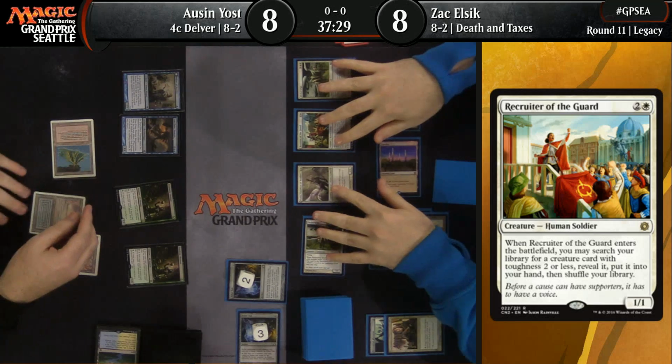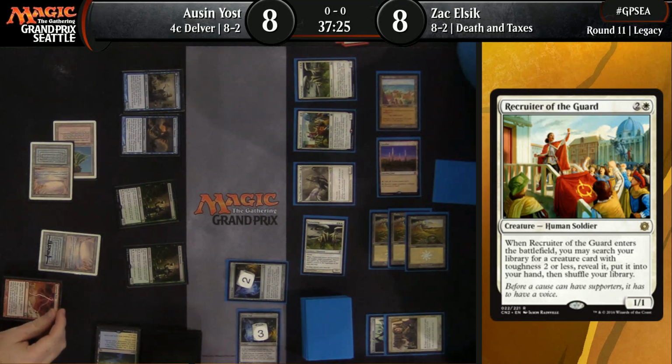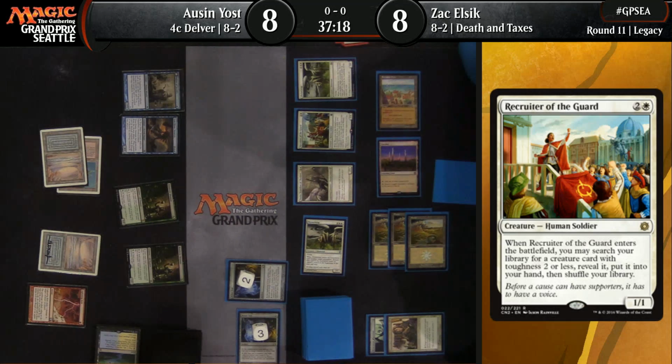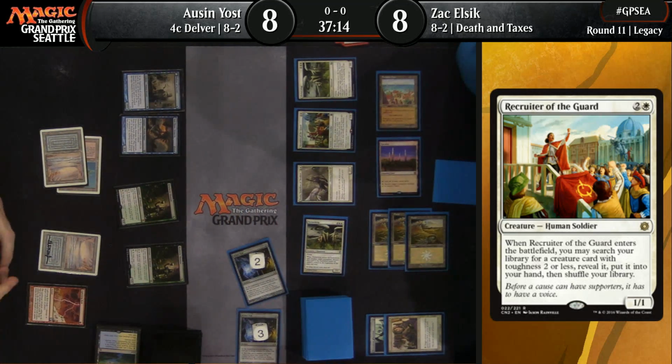Look at that, 6 power in the air. So we moved through that fairly quickly, but what happened was Zach tapped 3 mana, cast Recruiter of the Guard, searched for Flicker Wisp, used the Ether Vial to put that into play and blink the Recruiter of the Guard. Then when it came back on his own end step, he searched for Phyrexian Revoker, and it looks like here,